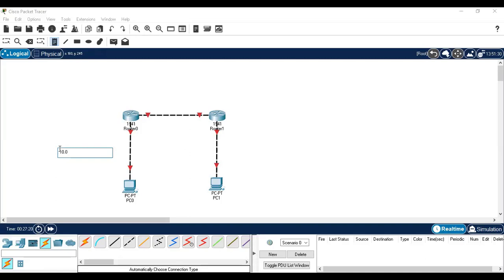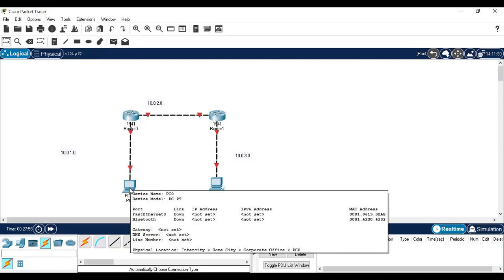If it is my network 10.0.1.0. This is the first network I have. 10.0.2.0. This is the second network I have, and the third network is 10.0.3.0. In every network, you can see there are 2 devices. So in the first network, there are 2 devices, router 0 and PC0. We will first configure the first network and later on the other networks. So let us quickly configure these 2 devices.